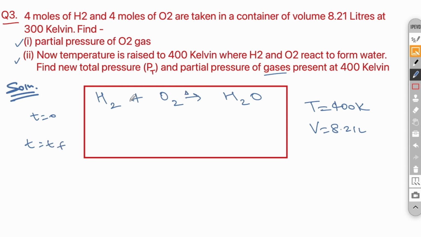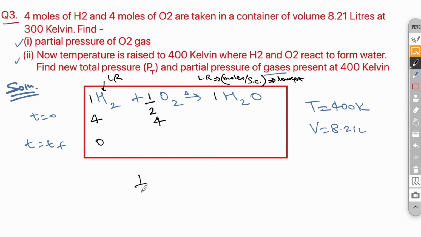So at T is equal to 0, we have to first balance it. Here at T equal to 0, how many moles we have? We have 4 moles of S2, 4 moles of O2, and to determine how much moles of which gas will be left, we'll use the concept of limiting reagent. I have taught that earlier. So here the hydrogen gas will be LR. How we determine LR? So limiting reagent is nothing but the moles divided by stoichiometric coefficient ratio, and whichever will have lowest value of moles divided by stoichiometric coefficient will be LR. So here hydrogen gases are LR.